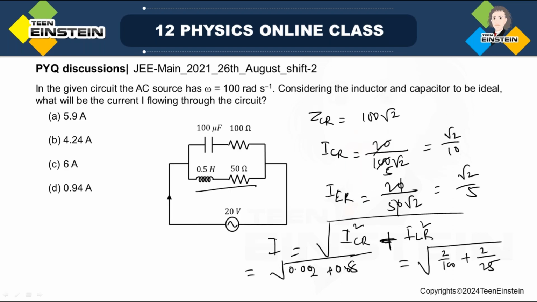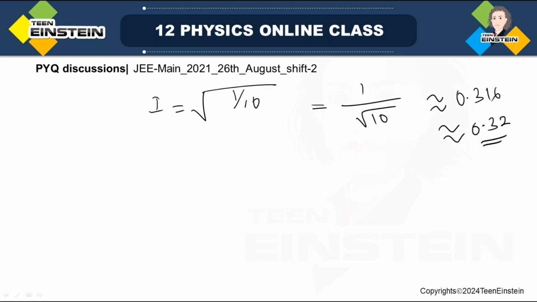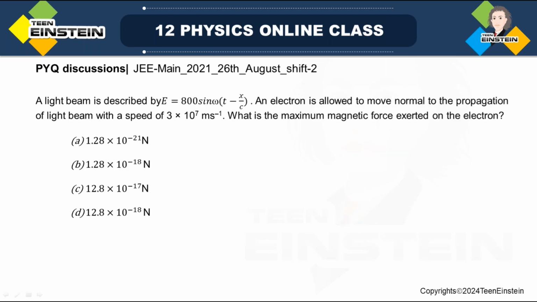Actual answer with this given figure will be 0.316 ampere. Okay, if you go up to second decimal, then 0.32 with approximation. Okay, this will be the current. But if you just put 200 here, the answer may be different. Okay, so now